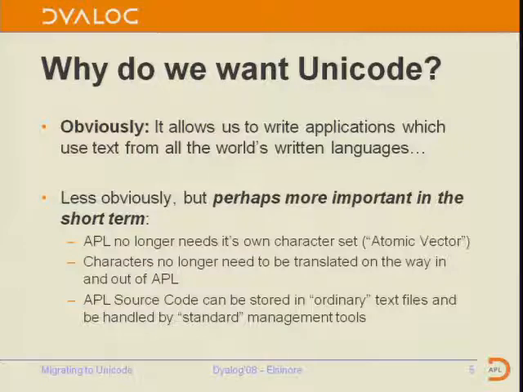The idea of an atomic vector, each APL system having its own list of typically 256 characters that it used, different from ASCII, different from ANSI, different from what everybody else was doing, requiring translation as data moved in and out of the APL system. That whole idea can just be discarded. And some people will turn up their noses at the last point here. We can put our source code out.